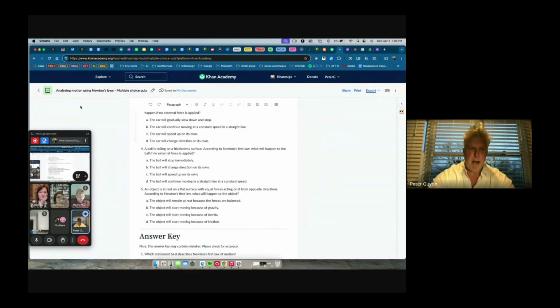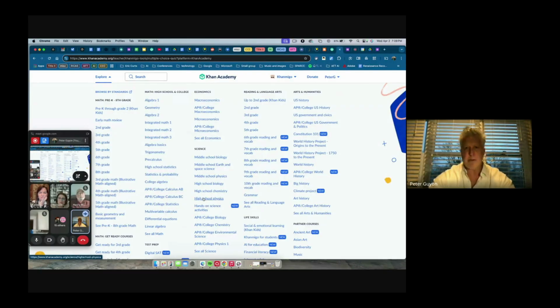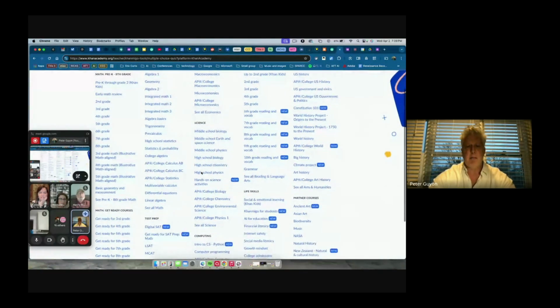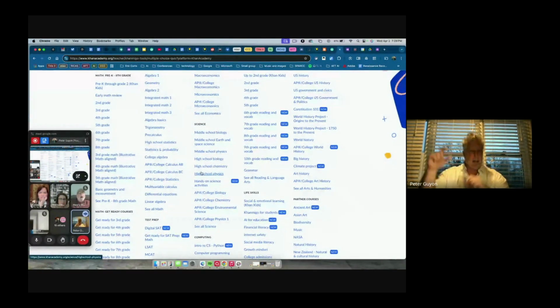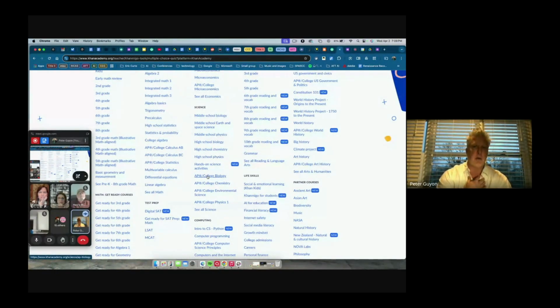And just to quickly go back to this part right here, when I put in Newton's laws, if you put in a topic that has resources within Khan Academy, you're going to be able to use a lot of these free resources in Khan Academy. When I put in Newton's laws, it gave me a few options that were pulled directly from the free tutorials right in Khan Academy. So Khan Academy is a little separate from Khanmigo.